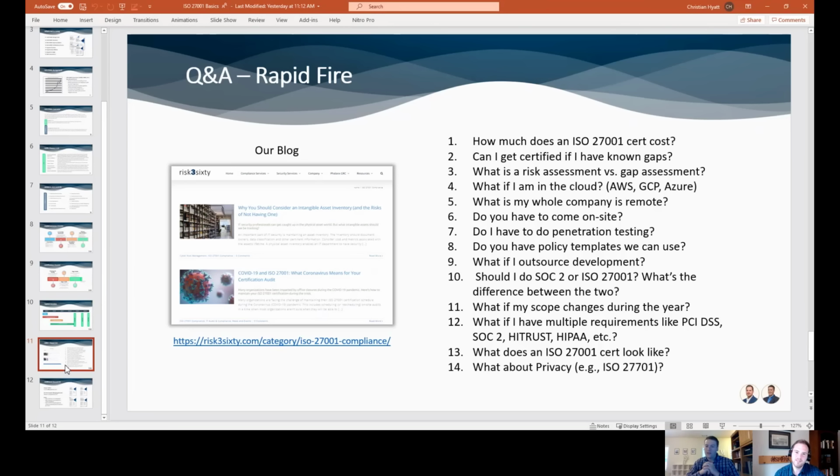Yeah, well, for one, it depends on the scope, depends on your company, how many locations you have, things like that. But you're probably looking, for the external piece, anywhere from 25 to 75K. It depends again on the firm, on your scope. And there's a lot of marketplace variability just based on firm. We always advise shopping around and finding a firm that has a fair price, but also does really good work.